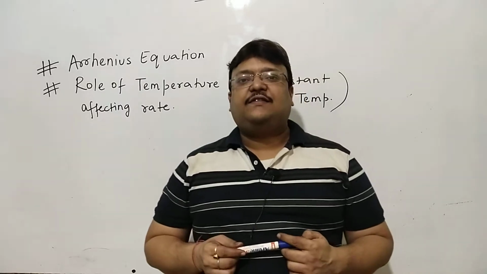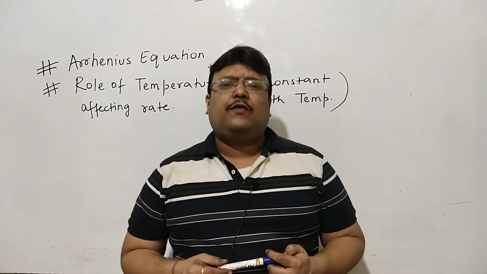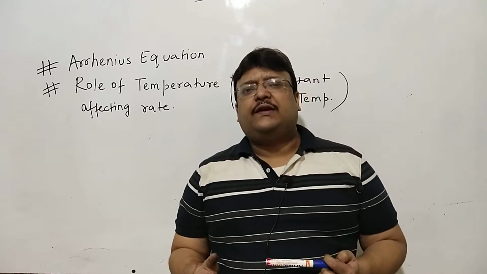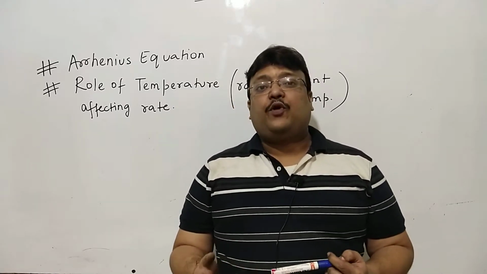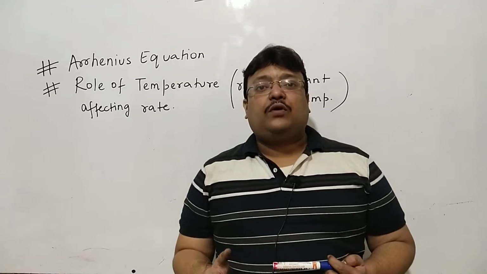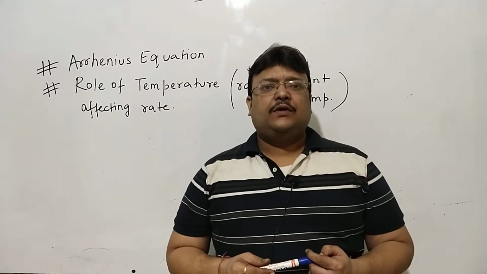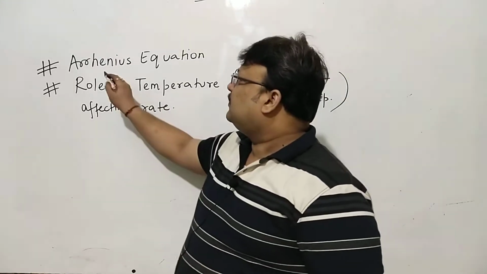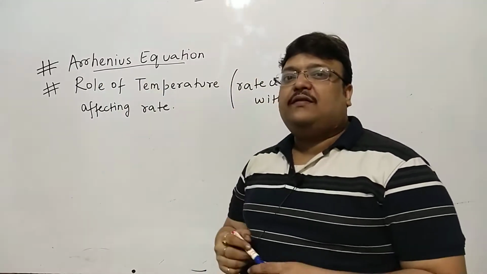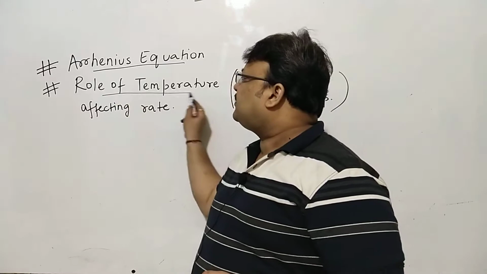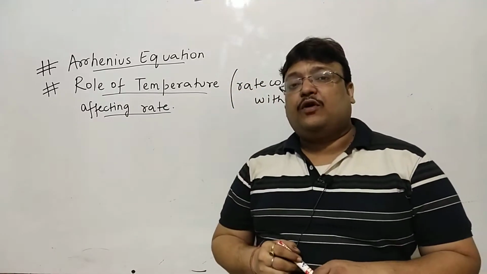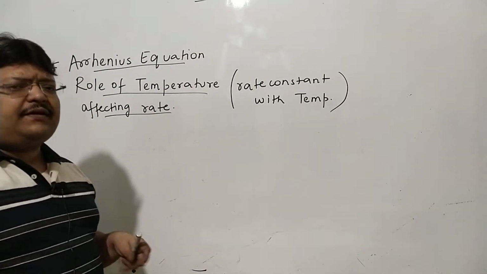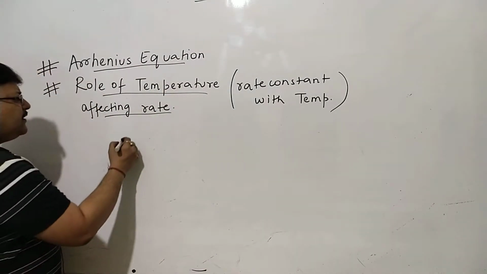So in the last class, we started with the very basics of the rate of various chemical reactions. I introduced the rate law expression to you, and I promised in this video, we'll talk about the role of temperature. So naturally, I've given headings like Arrhenius equation, which will decide how K changes with temperature, role of temperature affecting the rate of the process, because temperature will be changing the rate constant and thus the rate of the process. And this is what we learned in the last class.